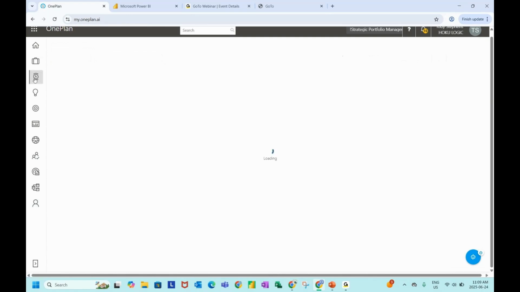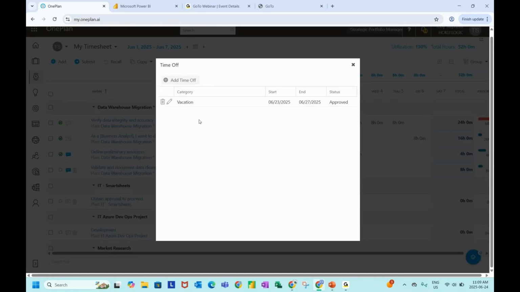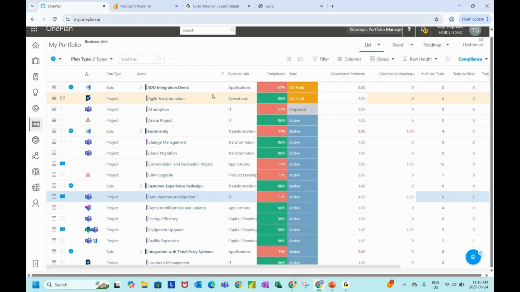We also have time off in the timesheet. If you are leveraging timesheets within OnePlan, we do have it in timesheets as well. You just need to log in once, so it does that as well. Your capacity will look at your time off as well. Right? Hope that helps. Next one that I'm going to touch, I'm going to go back to my data